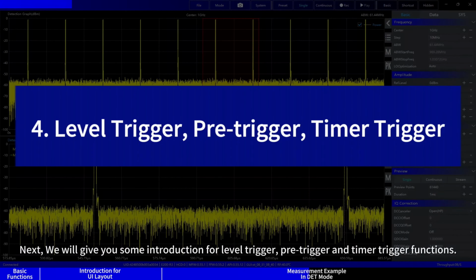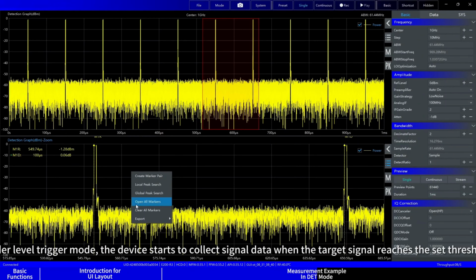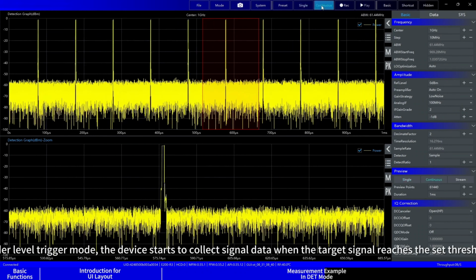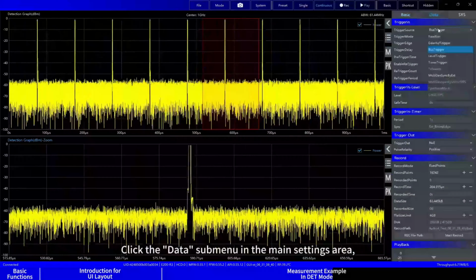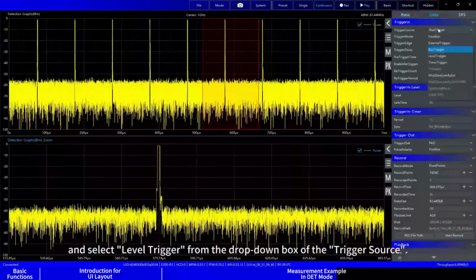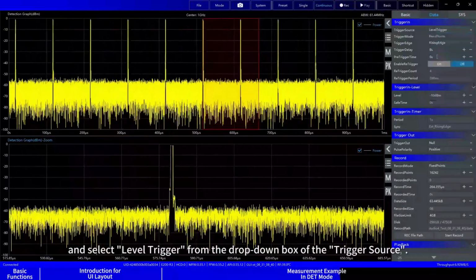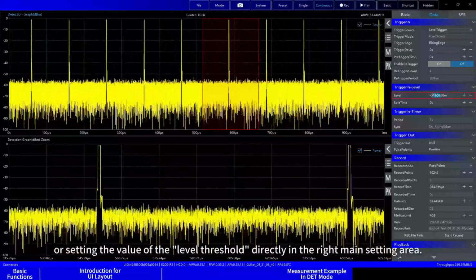Now 3 trigger modes worth knowing. Under level trigger, the device starts collecting the moment the signal crosses a threshold you set. Pick level trigger from the trigger source drop down in the data submenu, then adjust the threshold either by dragging the level line or typing the value